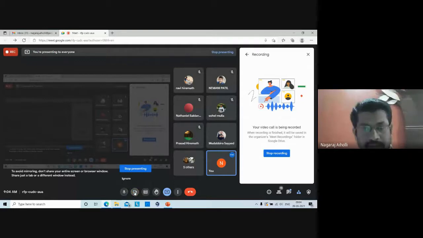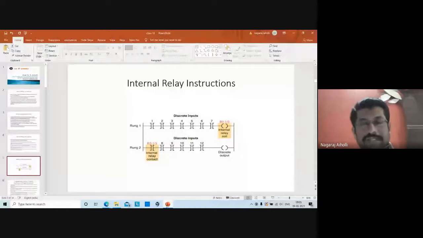From you in the last class, the question was whether the instructions can be used with the relay ladder diagram or not. Of course, it can be used. There are certain instructions, just like how we use the instructions for examine if closed and examine if open, that is XIC, XIO, for the ladder diagram. Similarly, the instructions can also be used for the relay ladder diagram. And if there are any faults in the circuit made with the switches, contacts, relay coils, that we have seen and discussed in the previous class.